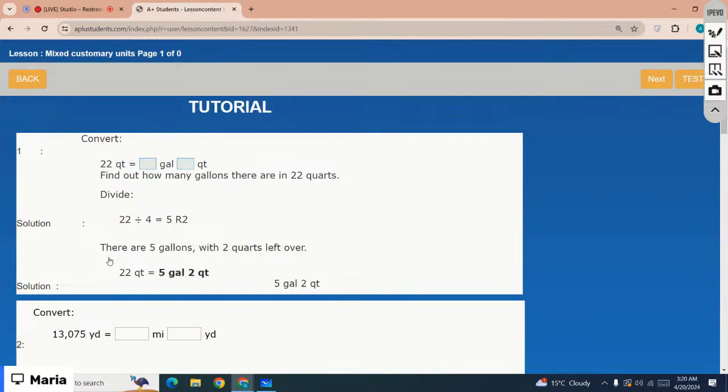So 1 gallon equal 4 quarts, right? So you have to divide the 22 quarts by 5. So 5 times 4 is 20. That means now